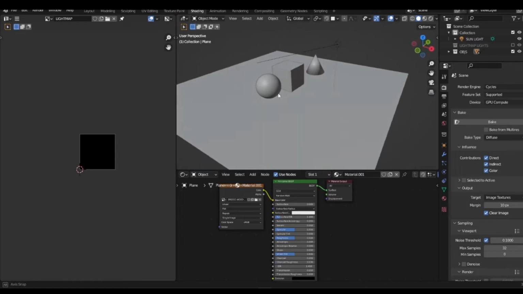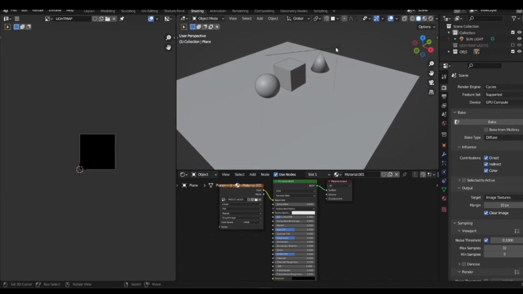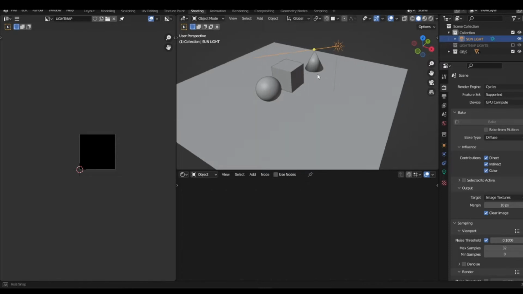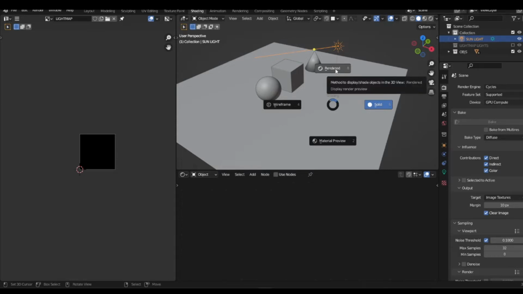So once you have your objects where you want them, I'm going to go ahead and place the sun, and you also want to make sure you're in Cycles mode. By default it's on EEVEE. You want to switch it to Cycles because that's the only place we can bake, and then press Z for this pie menu. You want to go into render,